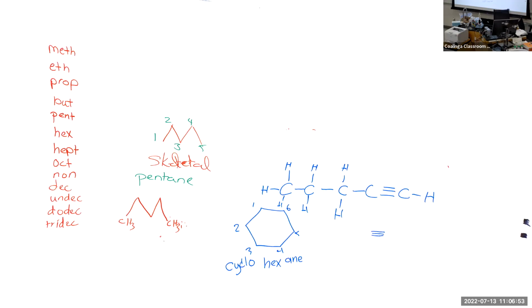Okay, so this guy has how many carbons? It has 5 carbons. Where am I going to start counting from, the left or the right? I'm going to start counting from the right. Since it's closest to the triple bond, we're going to start counting from that side. So this guy's going to be called